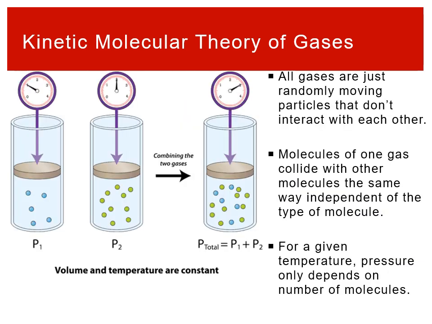If we look at, say, a gas mixture, Dalton's law, gases just randomly move around, right? They don't interact with other gases, even if those gases are, say, the same type. Two nitrogen molecules don't interact with each other. A nitrogen molecule and an oxygen molecule don't interact with each other either. Okay? And so when we take gases and they're by themselves, they have a certain temperature, those molecules are going to be colliding with the walls in a certain way. If we mix other gases in, because they don't interact with each other, it's not going to affect how those molecules collide with the container.